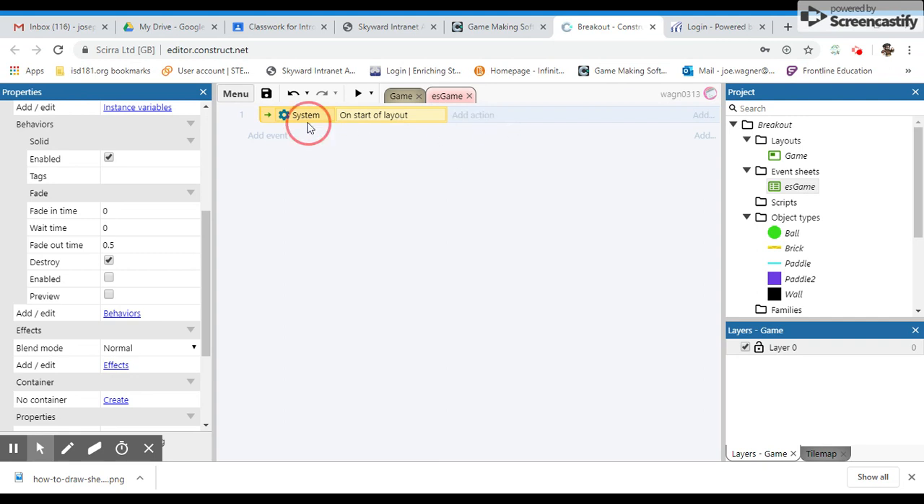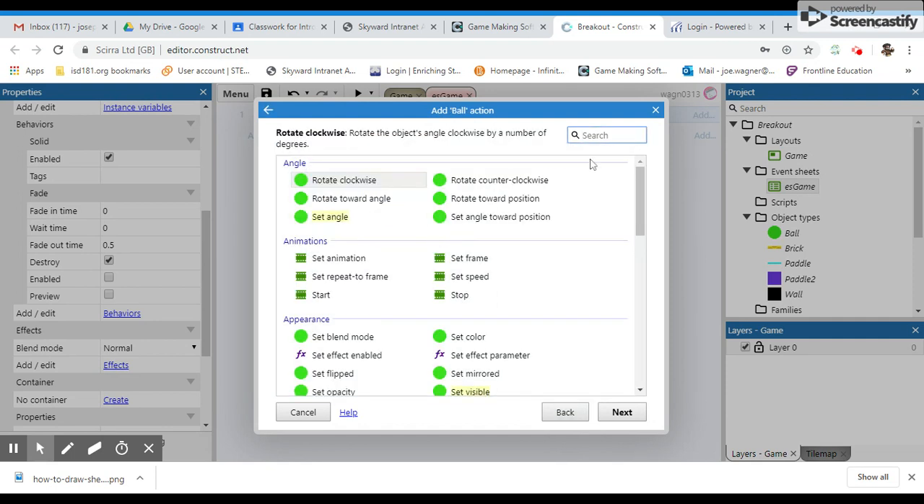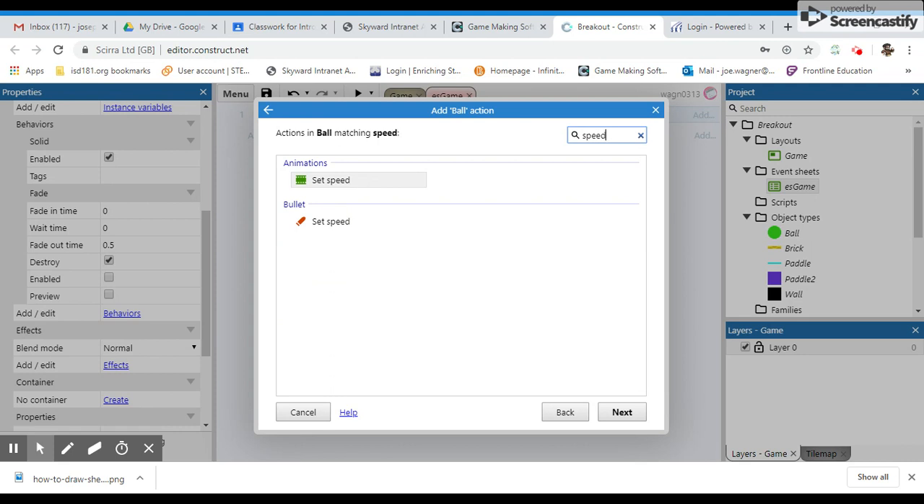And then the action, so this here, this is the condition. And then the action I'm going to put here is what happens when that condition is met. So on start of layout, I want the ball's angle to change. So I'm going to double click on ball. And we're going to do something called angle of motion. But let's just say, for example, I wanted to change the ball's speed. I'm going to type in speed,